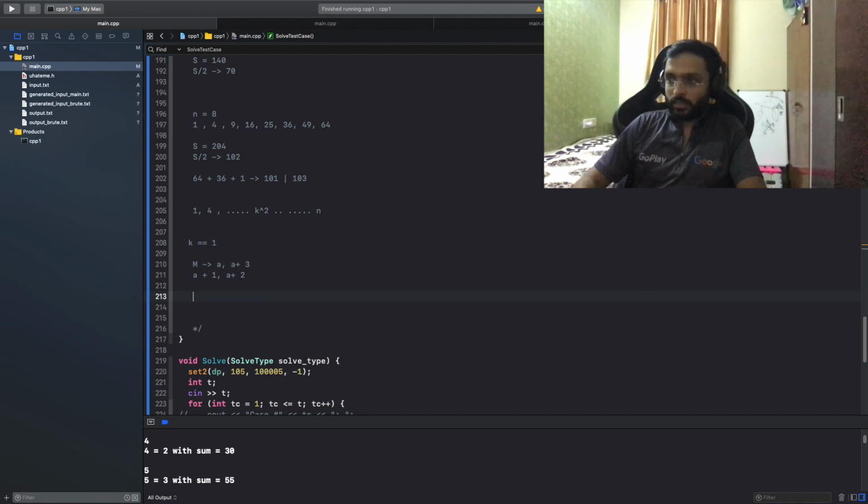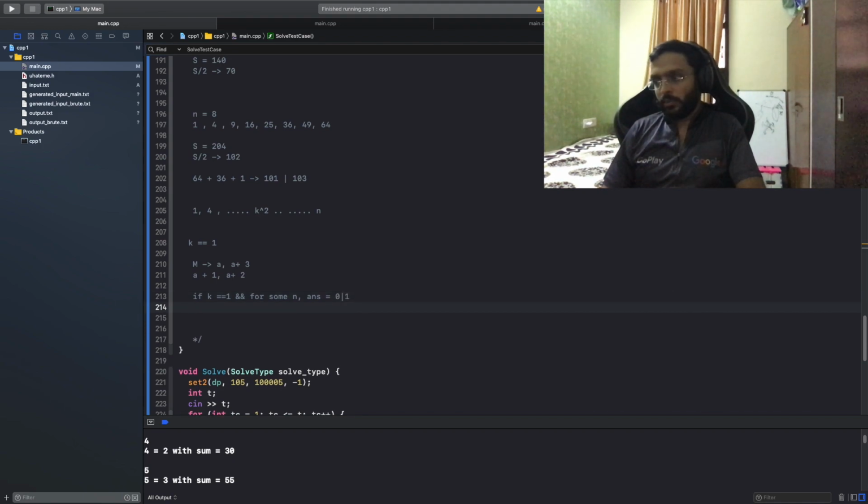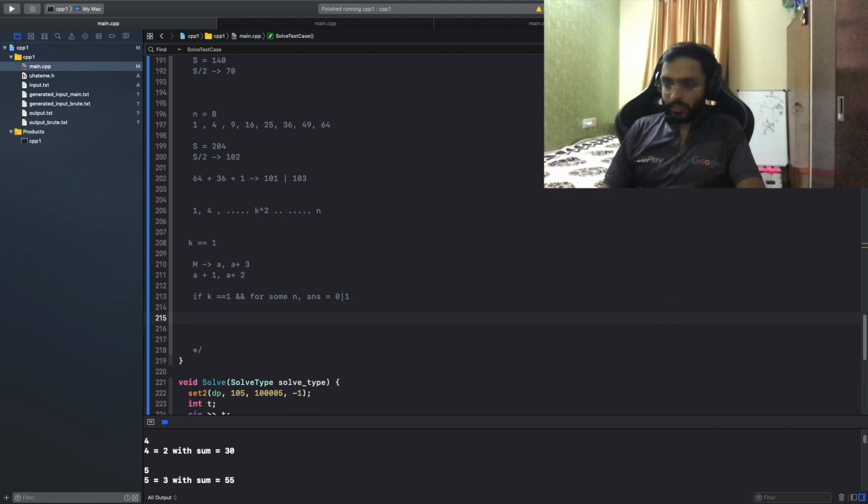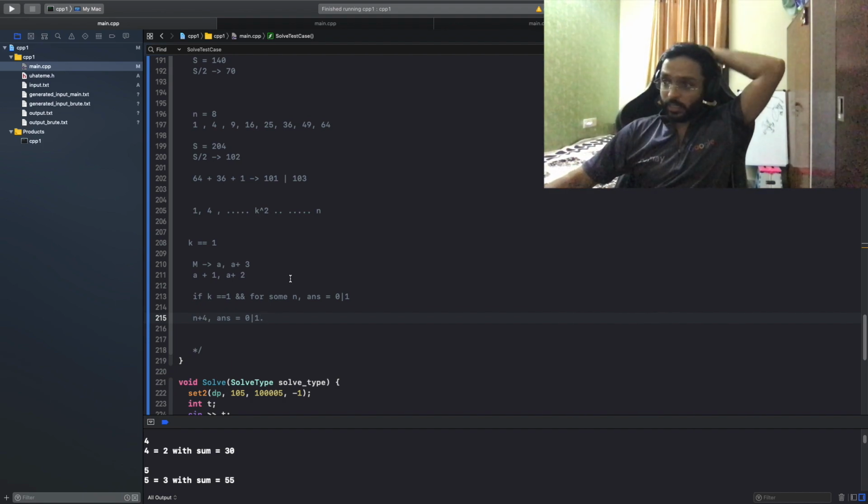So what I'm trying to say is if k equal to 1 and for some n, answer is equal to 0 or 1 depending on whether the sum was even or odd, then for n plus 4 I am for sure answer is 0 or 1, because this can keep on distributing.